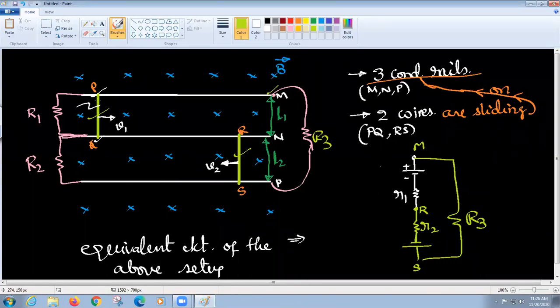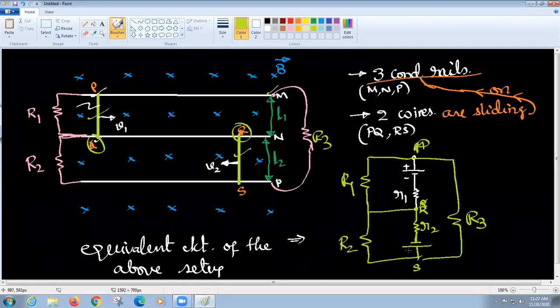This is my P. So across this, P to Q, of course here also you have Q. So from P to Q you have R1. And now this Q and this R, both must be the same. So I can take either Q or R. So from here to here you have this. So its equivalent electrical circuit is something like this. So now you are comfortable with how to show these things.